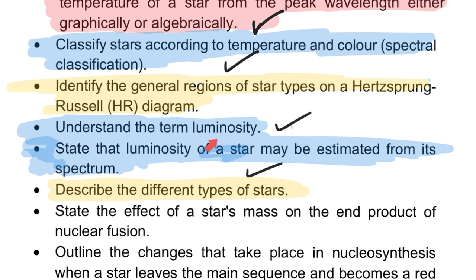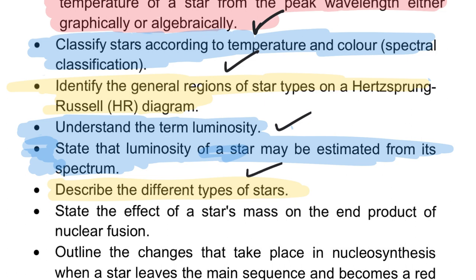For instance, understand the term luminosity, state the luminosity of a star may be estimated from its spectrum. We're going to look at using the luminosity, radius or area and temperature relationship in order to work out some really cool and interesting information about stars,